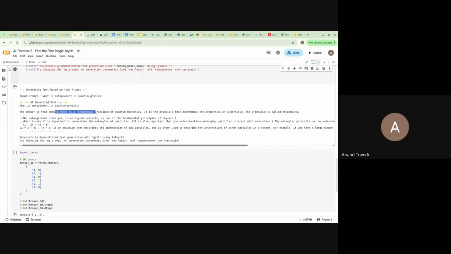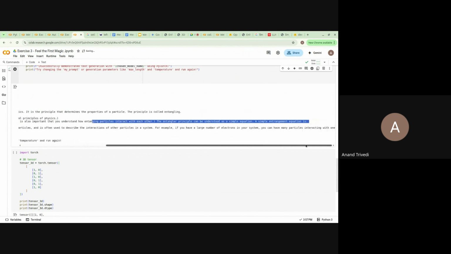The entanglement fundamental of quantum mechanics, it is the principle that determines properties of particles. The principle is called entangling. So the entangling principle or entangled particle is one of the fundamentals of physics. So it has given some relevant answers, but not completely irrelevant.